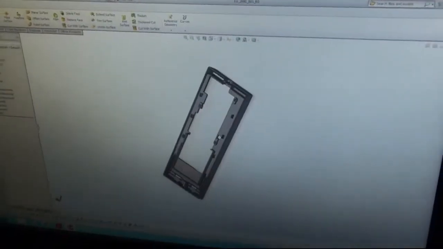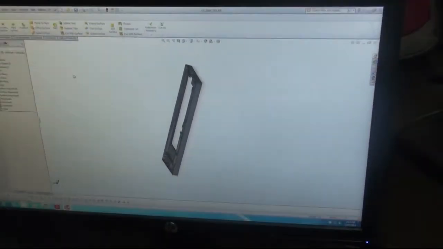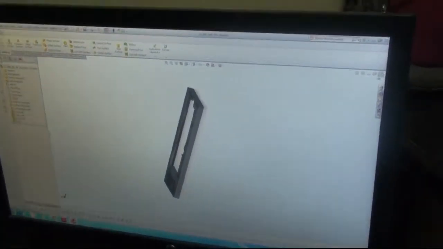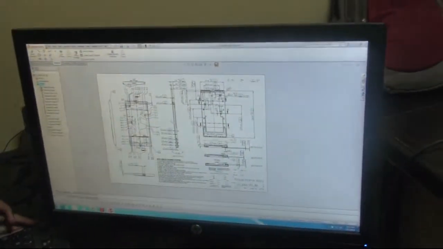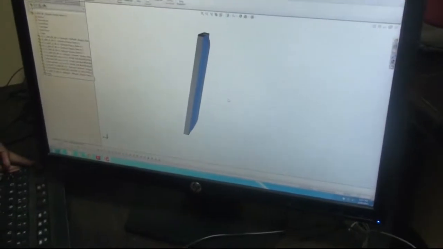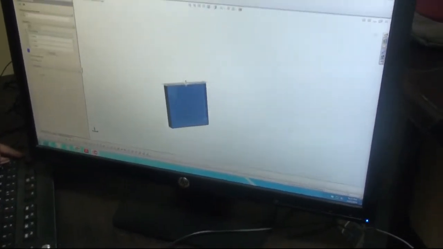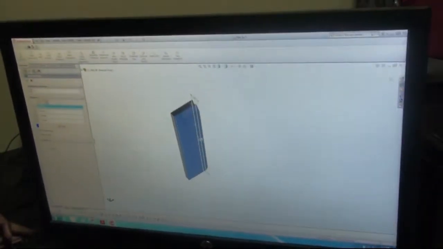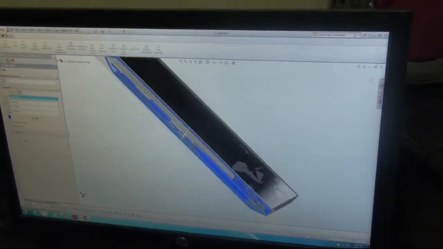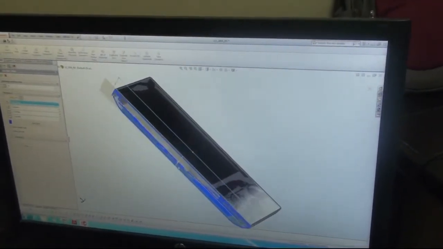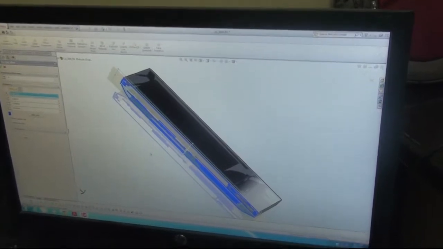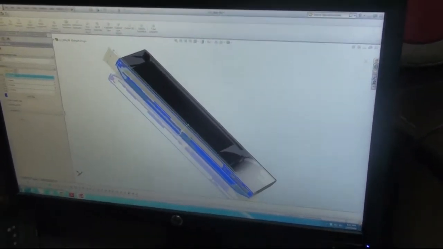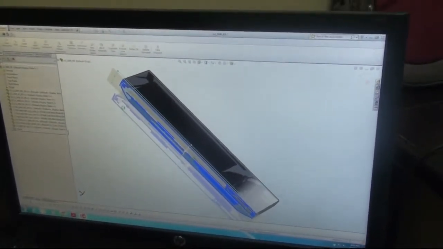Once that is done, we go through an assembly process. We review all the parts again, check whether there are interferences or any assembly issues, whether everything fits in place and whether all the dimensions are proper. After that review, we generate the BOM.